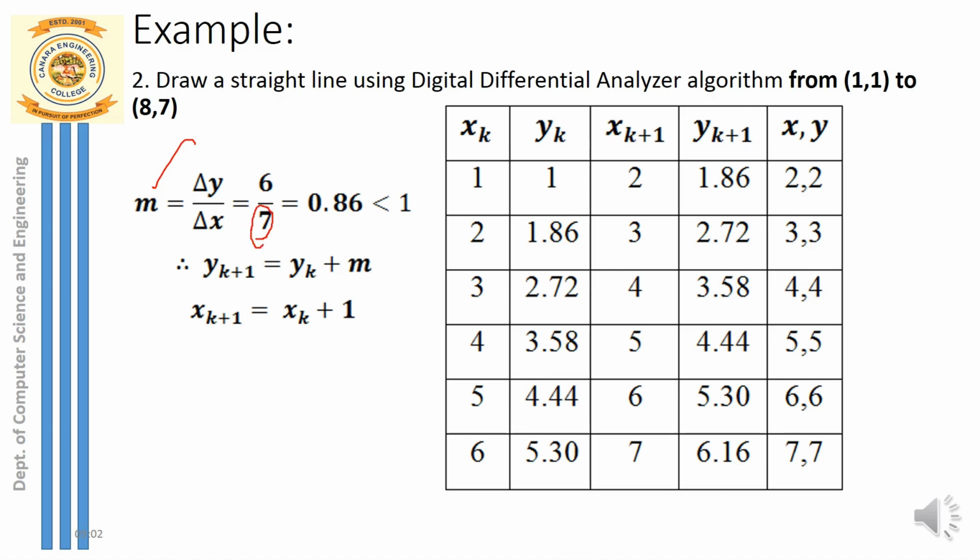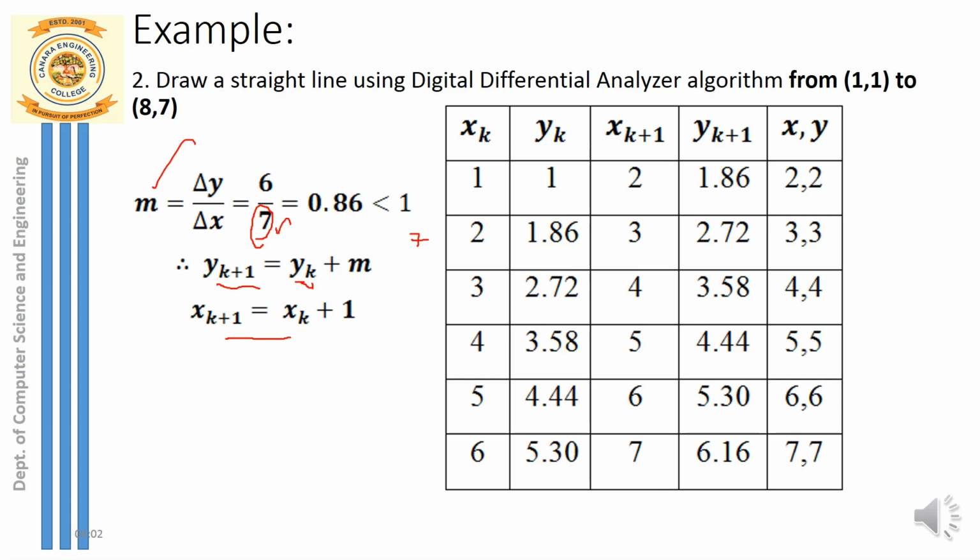which clearly says that delta x is greater than delta y. Since delta x is greater than delta y, you have to remember x you are supposed to increment by 1, but how do you calculate y? This is the previous y-intercept which you have to add with the slope. So the previous calculated y coordinate should be added with the slope. This is how you have to calculate y, but x you have to just increment by 1. And how many steps are you supposed to take? It is delta x number of steps, iterations, equal to 7, because delta x is greater than delta y. So total 7 steps you are supposed to take.